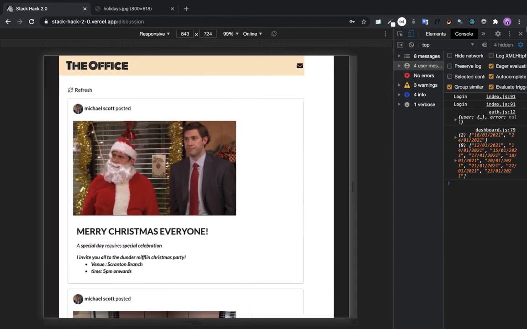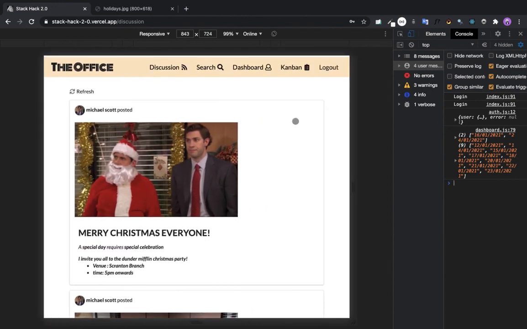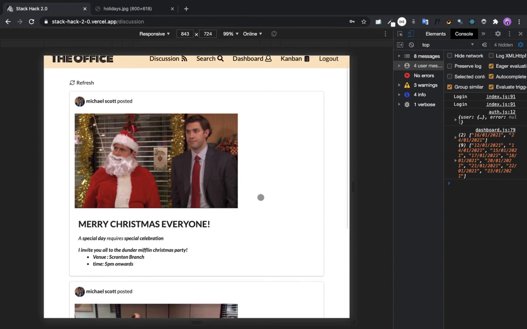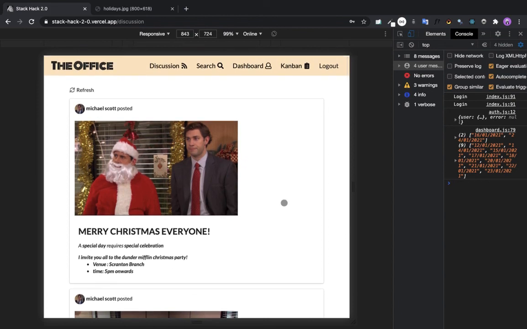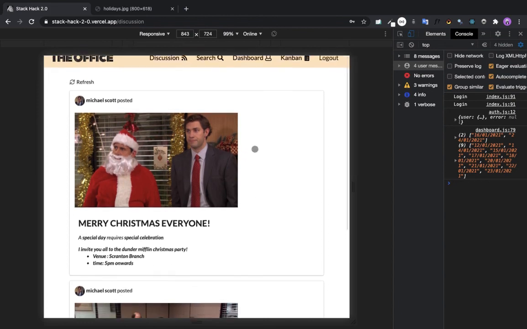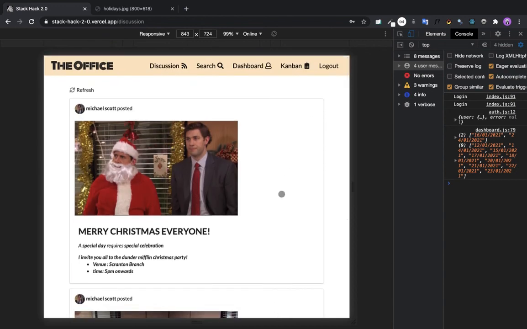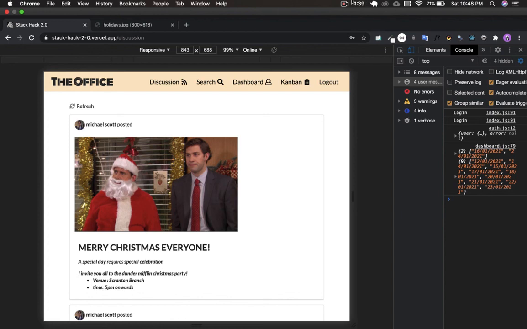So yeah, this is one functionality. And also the architecture of the app is a client server model. The client is written in React.js, and the server is written in Node Express.js, and all of the data of the application is being stored in a database, MongoDB, hosted on Atlas. So that is it for the application.